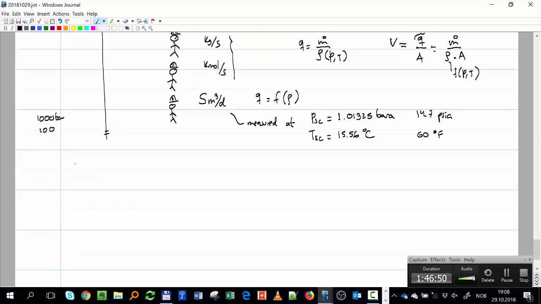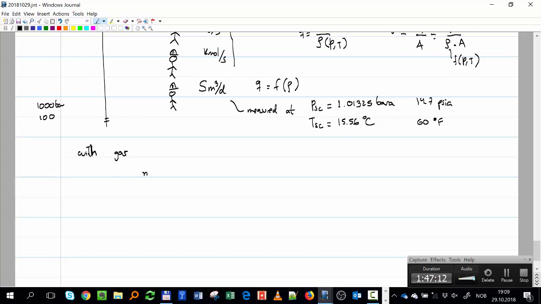Now let's make an example with gas. Okay, let's say I want to start with gas because it's much simpler than going to liquid, and multi-phase is more complex. Okay, so let's start with gas. We're going to have a short discussion on gas. In gas, I'm saying the mass flow at standard conditions, right, of my system should be equal to the mass flow at any pressure and temperature,